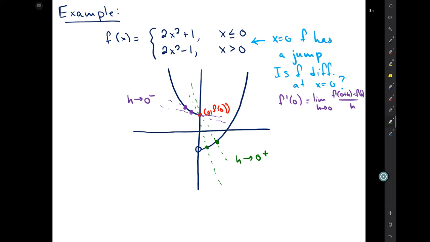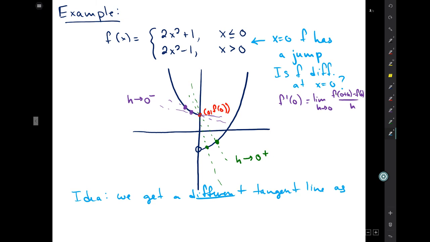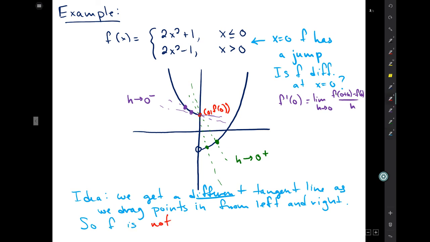So here, the idea is that we get a different tangent line as we drag points in from the left and the right. So f is not differentiable at x equals 0. The idea is that we get a different tangent line